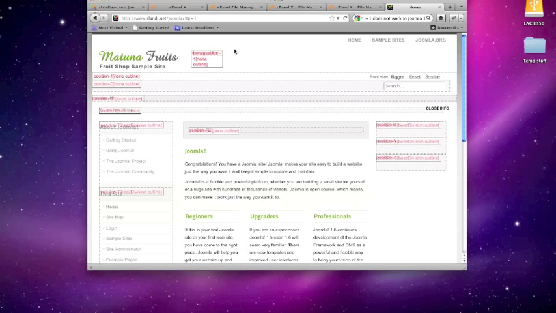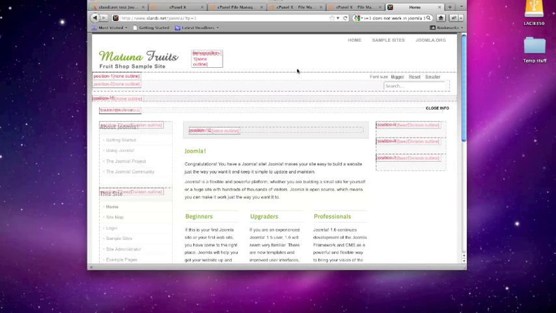Okay, now other than this one right here, demo position -1, all of these are the default positions that come with the template. In this case, Beez 5. Let's go see how you can add this or move it around. So what you want to do is you go to your control panel of your web hoster, if you can, or your shell account, or however, or if you want, you can edit the file locally. You're going to be editing two files: the index.php default file for the template that you're working with, and the